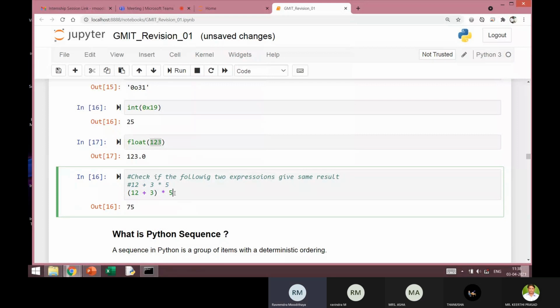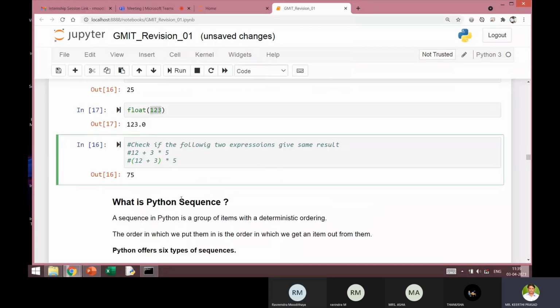So you must express yourself properly while writing the expression, and wherever there is a doubt, please put brackets so that there will be no mistakes in the output. If you omit the bracket while typing, you will get a wrong answer. So you should be careful while writing these expressions.